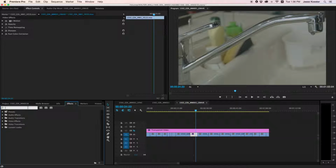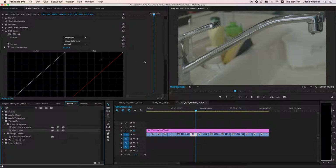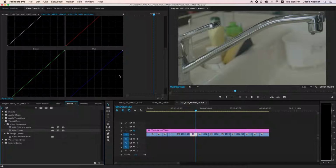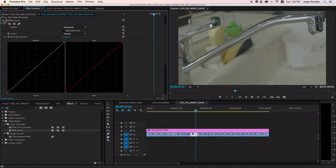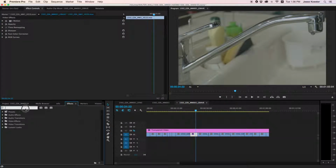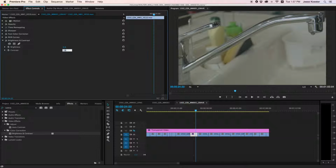Next thing we want to apply is an RGB curve. Now the RGB curve will have 4 tools in it. You've got your red, green, blue, and we also have the Luma right here, the master. We'll get into that in a minute, but before we do that, I would like to boost the contrast and brightness. This is just my preference, and I would encourage you to play around with it as you like. I set this to about 20,